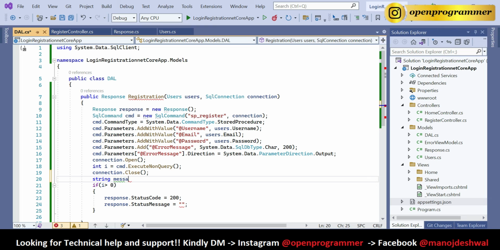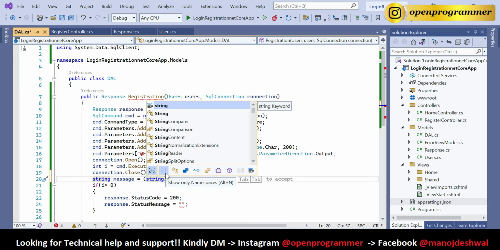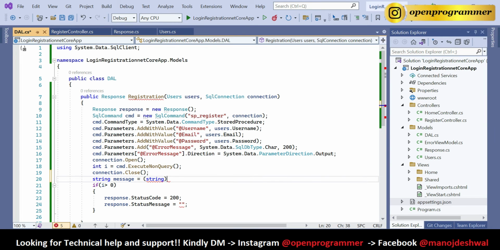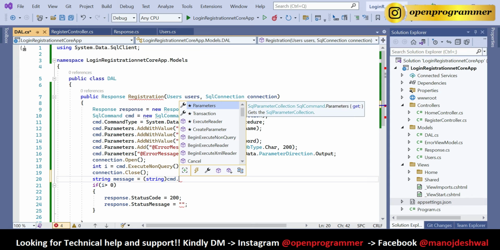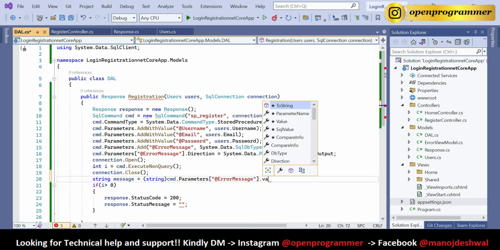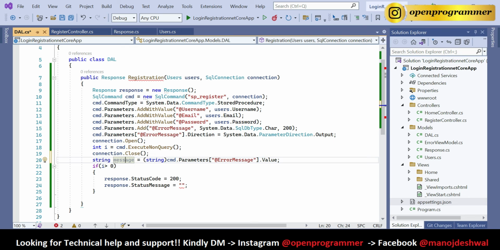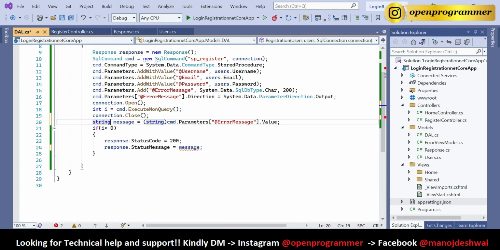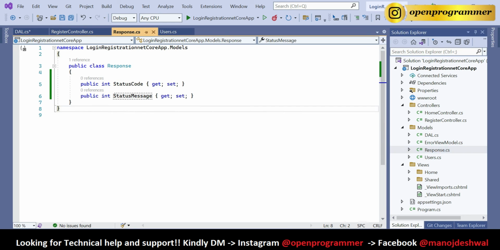String message is equal to string cmd dot parameters dot value. So it will get our message whatever we will return from the database, and we will pass this message here. So no need to write any static message. Oops. We need to go to our response. Basically, this would be our string parameter. Save,